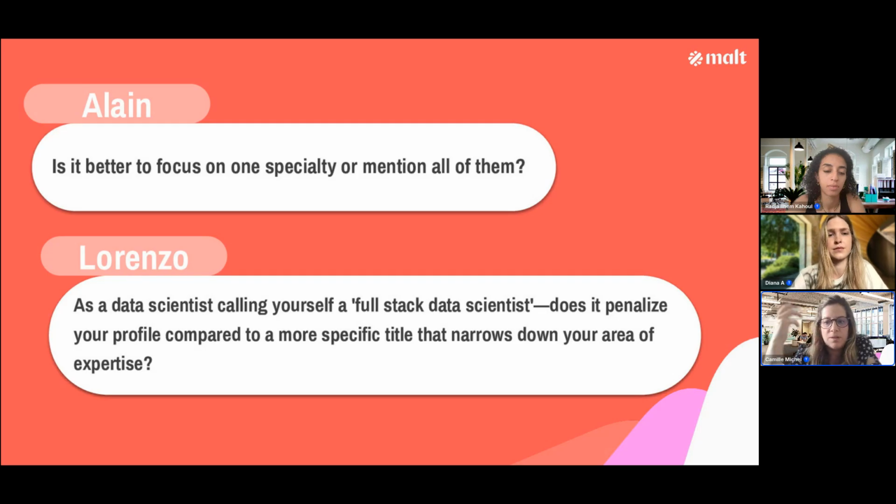But I mean, it could be interesting to also test different titles. For example, you could write full stack data scientist or just machine learning engineer. I think that's a good idea to include more keywords or less, and so change the visibility in different searches. So it's not penalizing if it's a real expertise, again, but it's always a good way to optimize your title for the keywords that clients are actively looking for.